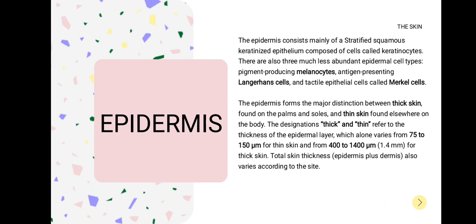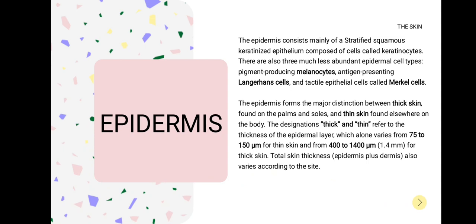Next is the antigen-presenting Langerhans cells and the tactile epithelial cells called Merkel cells. So the three less abundant epidermal cell types: first, the melanocytes. If you heard the word melanocyte, they are common for pigment producing. Then the Langerhans cells, which are antigen presenting cells, or APCs, and the tactile epithelial cells called